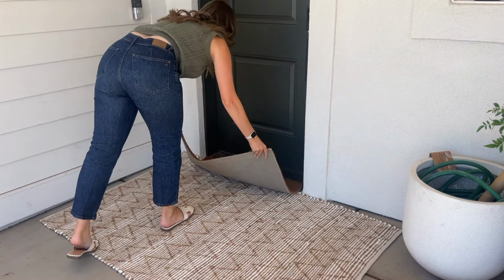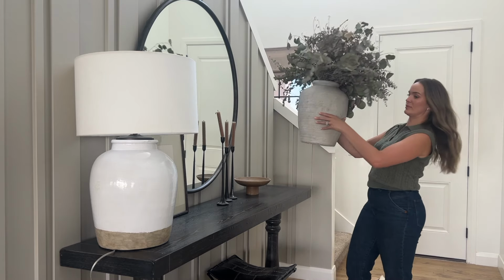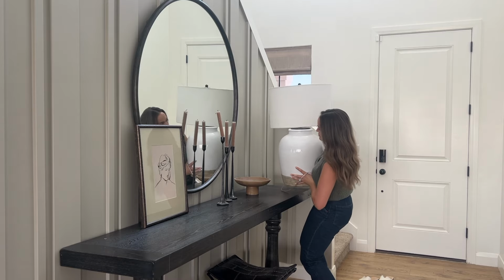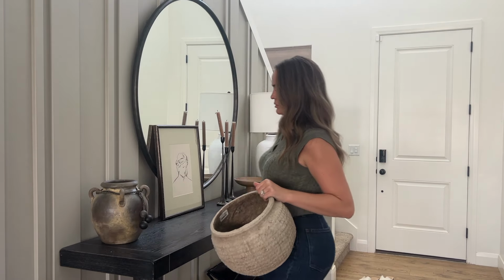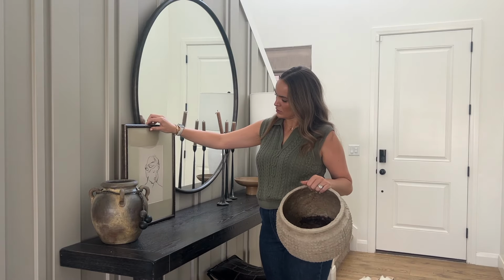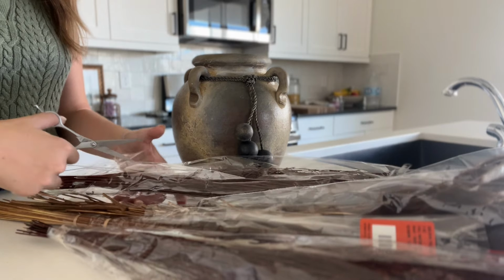I also wanted to add an oversized rug and layer it up with a doormat as well. Got this from HomeGoods, only $29.99. For the entry, I want to add a few pops of color for the autumn season. Couldn't decide on a pot, but I ended up going with this one, and we're going to be making a